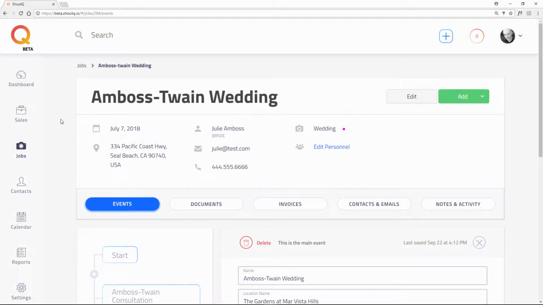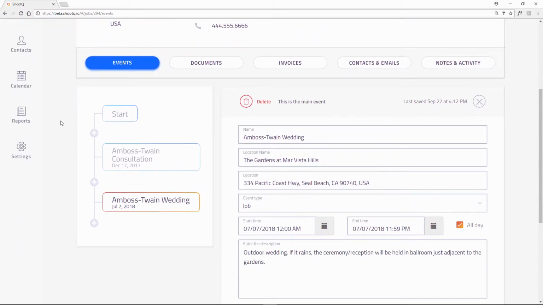Every job has a timeline which contains the events for that job. An event can be a shoot, meeting, appointment, consultation, or even a sub-shoot of the main job. Some jobs will have just one event, while others may have multiple events. For example, this job is a wedding, and it has two events on the job timeline, a consultation and the